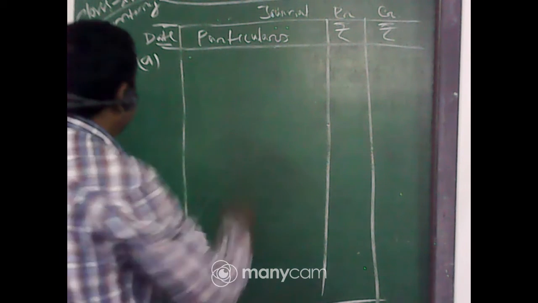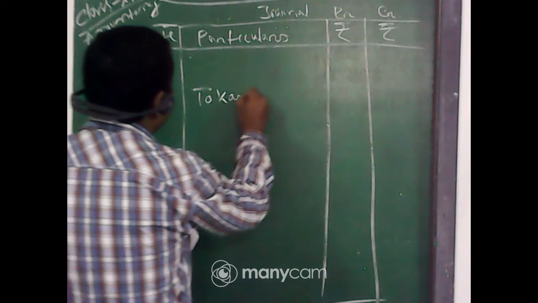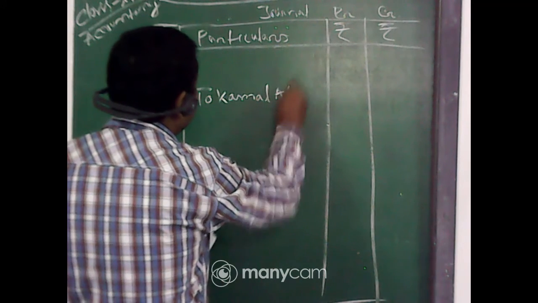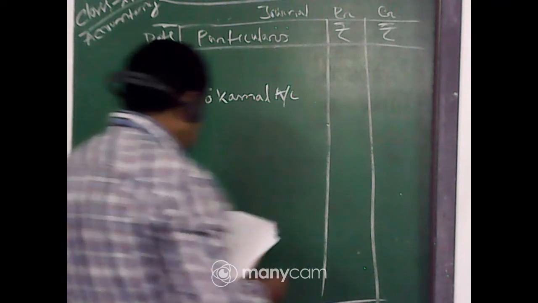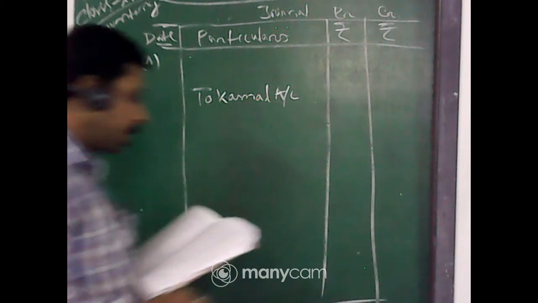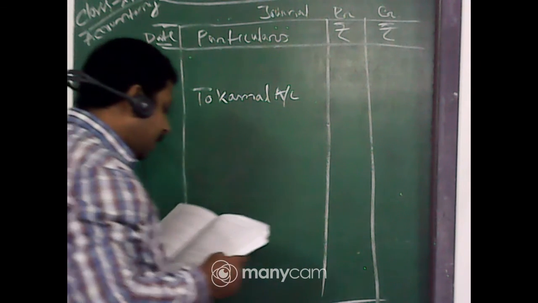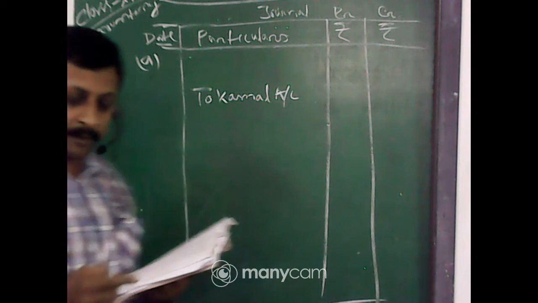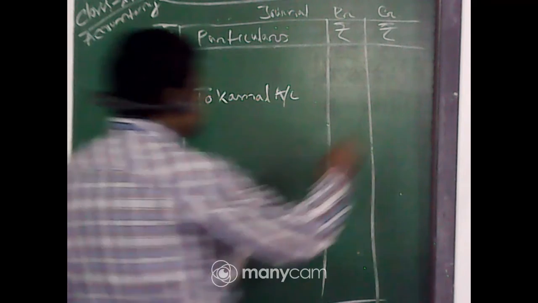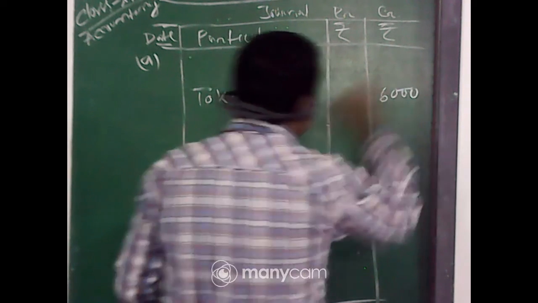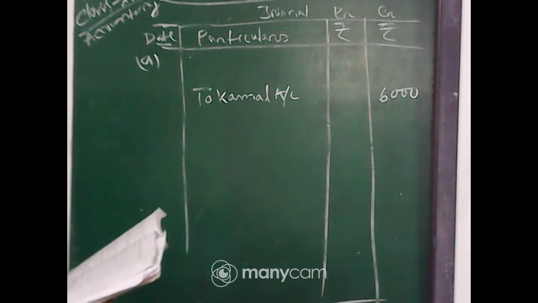Now whatever you have to make, Kamal will not be debited; Kamal account should be on the credit side. As it was debited, you have to credit it, because there is no Kamal account there. They wrongly posted Kamal instead of Rajat. They actually posted on the debit side, so we have to credit it, and the amount is also wrong, that is 6,000. So 6,000, because it was debited wrongly.